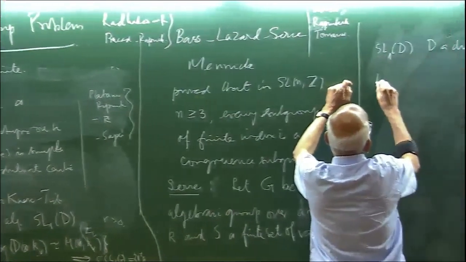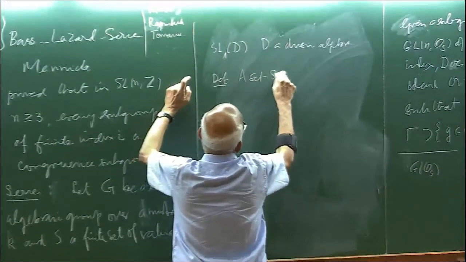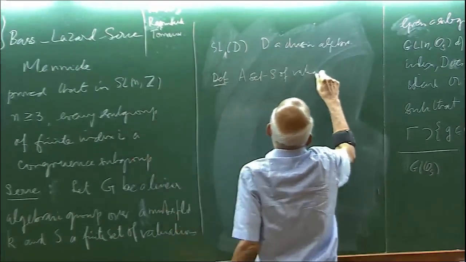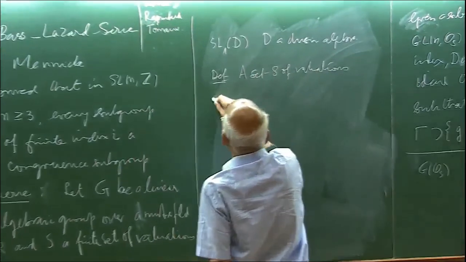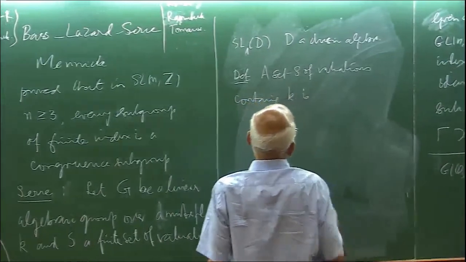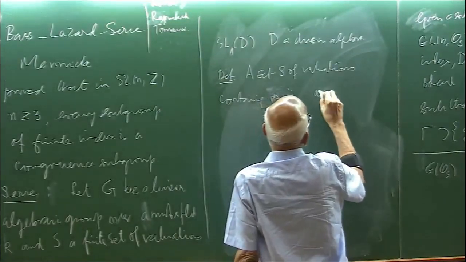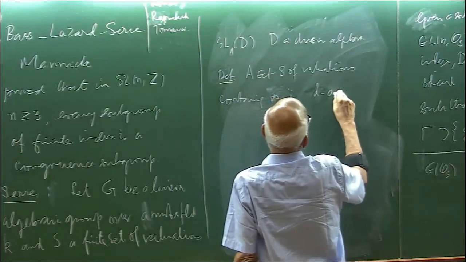I'll make a definition. A set S of valuations of K, containing infinity, is de-amenable